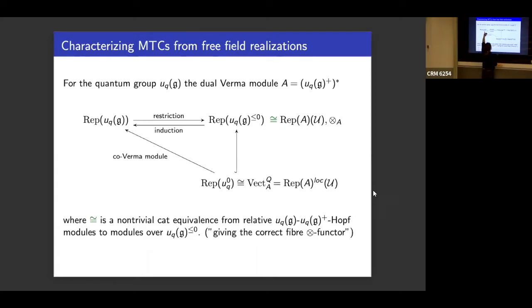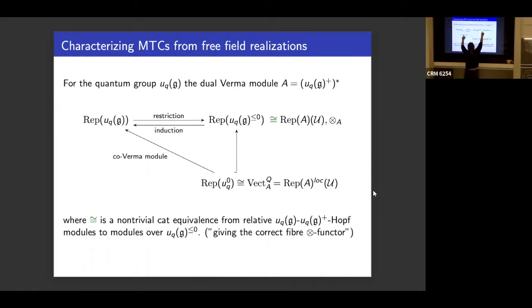And now it's the other way around. Here, of course, you induce to this big algebra, but then you go through this equivalence. What you actually do is you restrict. That's something very confusing. It's exactly the other way around on the quantum group side. And the other way around also, what you do here is you have this big module, which consists of chunks of A, and you restrict it. But if you go through this equivalence first, then this is actually inducing up. So this is inducing up a module over the negative Borel. So the composition of these two is actually the co-Verma modules, so dual Verma modules.